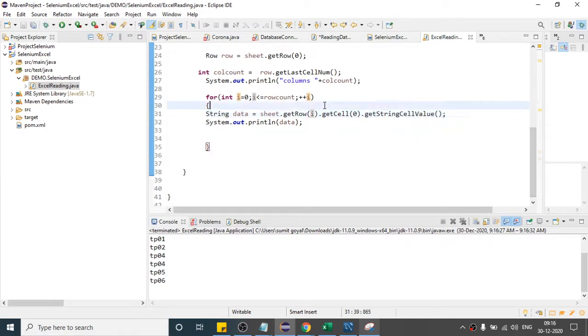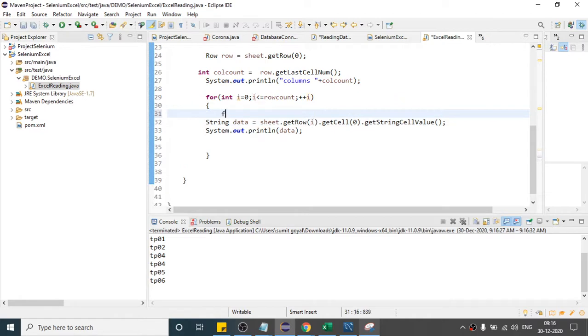So if I write one more for loop, for integer j equals to 0, j less than or equal to, now what is the total number of columns you are having? So total is 3. So let me write 3 here and I will increment the i. So basically this for loop will run 3 times.